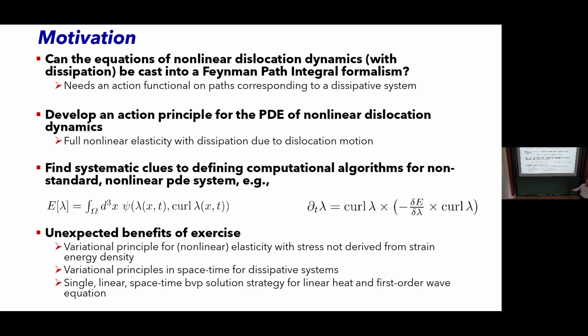For example, this would be one realization from that model. After making an ansatz and so on, I simplify it a lot. Suppose lambda is a vector field from, say, omega to R2. Think of this as an energy. This is very simplified, but it belongs to that class. It depends on curl lambda and lambda. After playing all this thermodynamic game, this is positive, that is positive. So the evolution equation for lambda will come out: d lambda by dt is curl, minus the variational derivative of